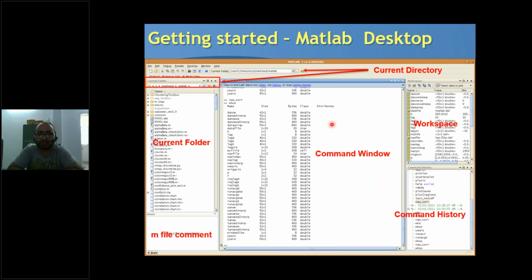And this is the most important window, the command window. Here you get access to all the programming. Whatever commands you are writing, or whatever command you want to display or take output from any particular input, you have to type it here in the command window. All those input and output programming can be done with the help of this command window. And the main problem with this command window is you cannot store these programs